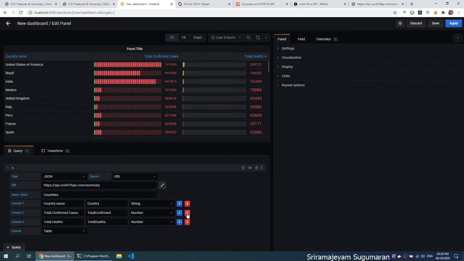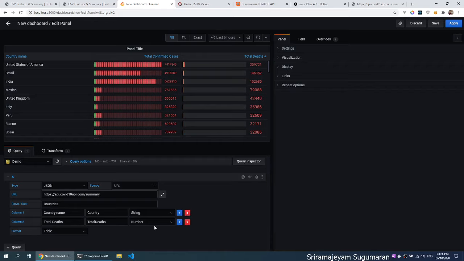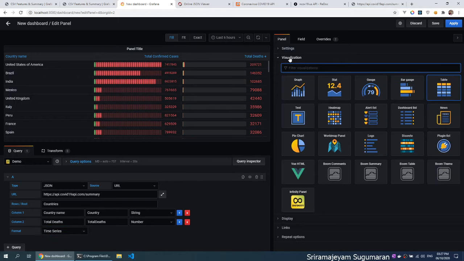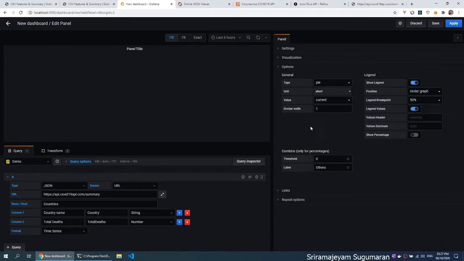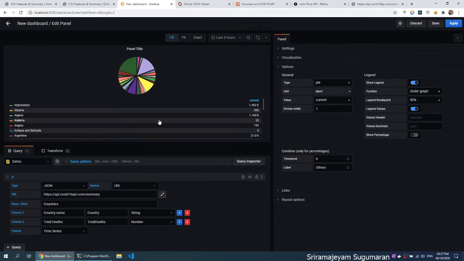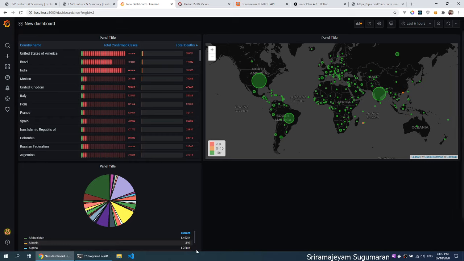This time I want to visualize the total deaths, as time series, and in the visualization I'm going to change it to pie chart. Okay, here we go. Now we have the same data but in pie chart format. So now you understand with this Infinity panel you can visualize the data in any format you like, right?